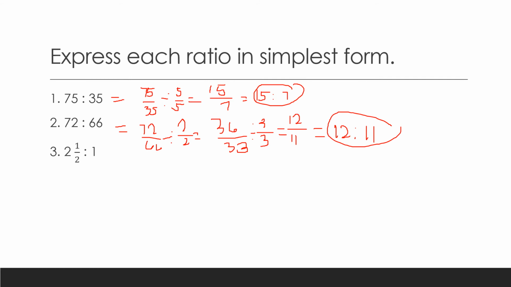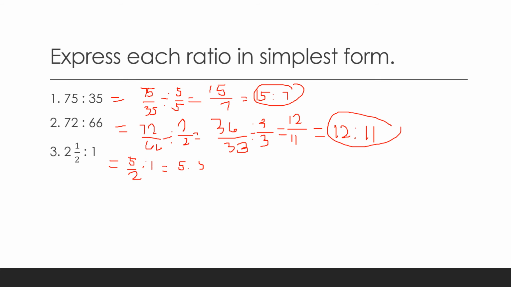What about 2 and 1/2 is to 1? So, convert muna natin ito to an improper fraction. 2 times 2 is 4 plus 1, 5. 5 over 2 is to 1. Or, since the denominator is 2,